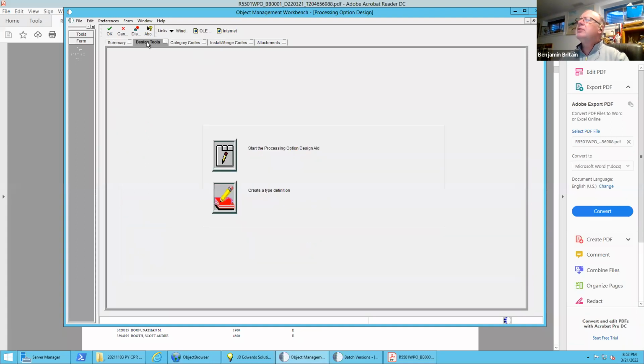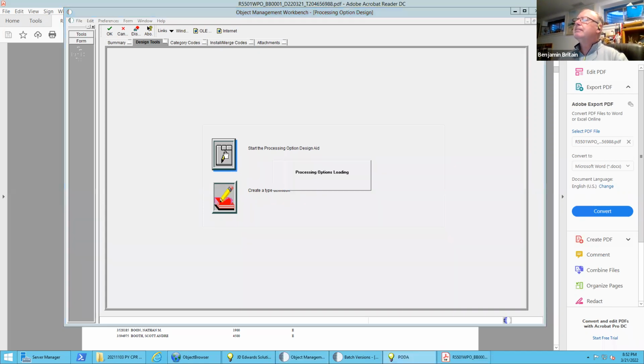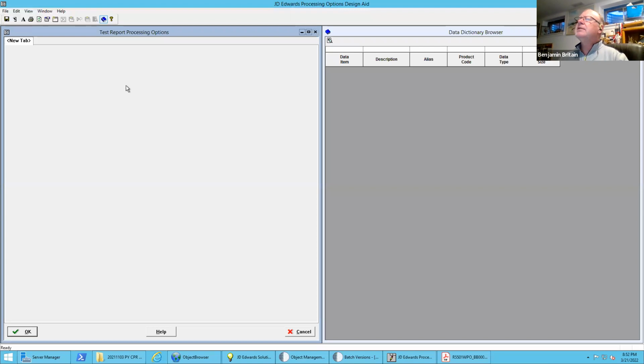I'm going to go into design tools and notice our display is a little different here. I can start the processing option designing. And so this is a processing option. Now,